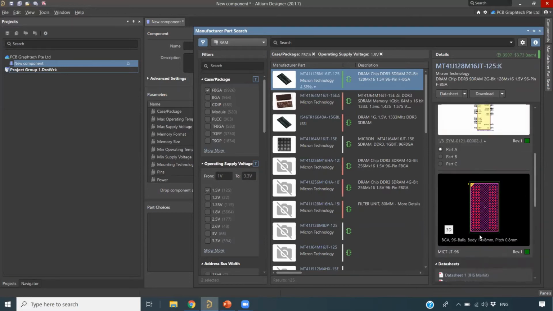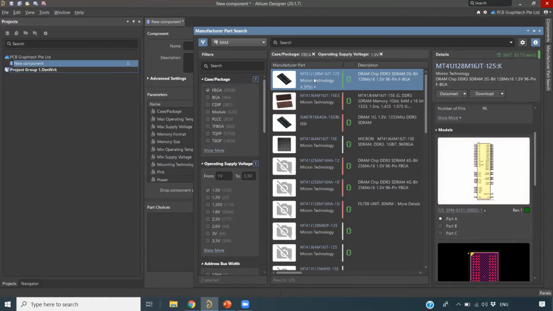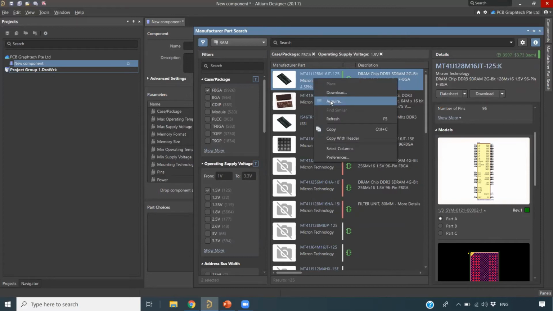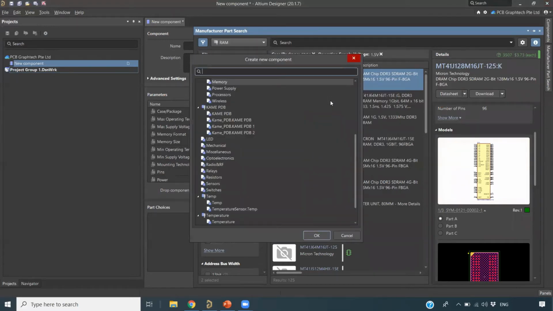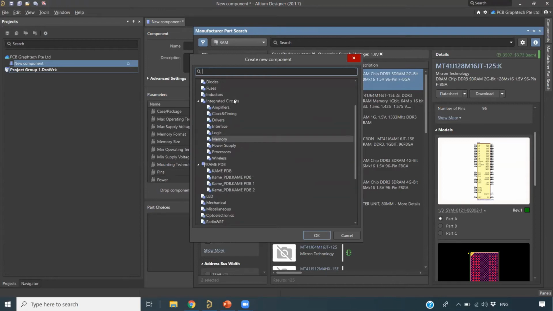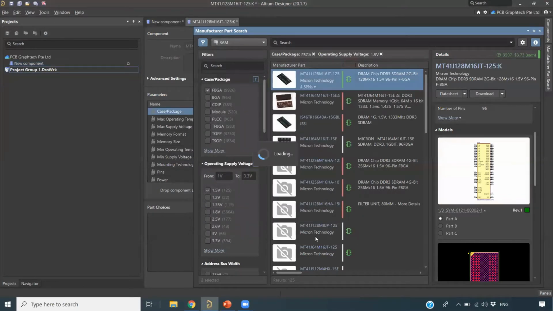Now what I'm going to do is use this component inside my Altium 365. To get this into my server, just right click and you can acquire it. Once I acquire, it will automatically come to our Altium 365 components panel. Then you need to go to your integrated circuits, the memory. It means I want to save this component under the memory folder. Just click OK. Once you click OK, in the background you can see it will open inside your create component location.